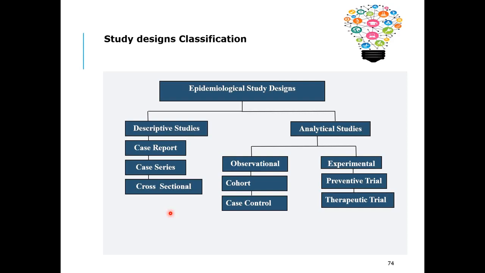And as we are conducting a cross-sectional survey at a single point in time, we will be interested to know what the distribution of tuberculosis is according to place: is tuberculosis common in the whole area, uniformly distributed, or is it present in certain specific areas, in certain specific houses. And then we will be interested in knowing whether it affects the male gender or female gender, whether it affects children or older people. So the age distribution, the person distribution, the place distribution.